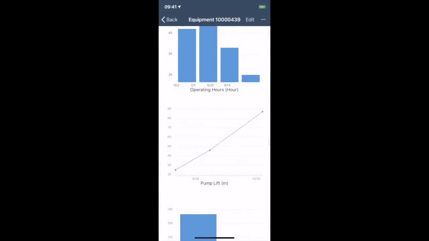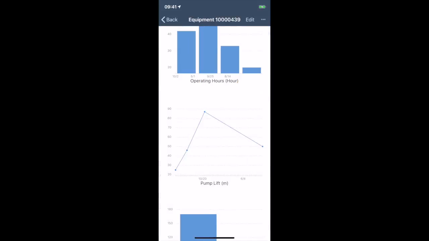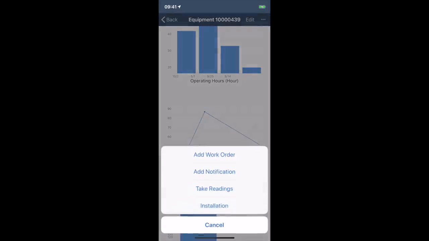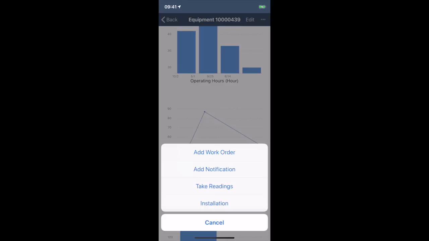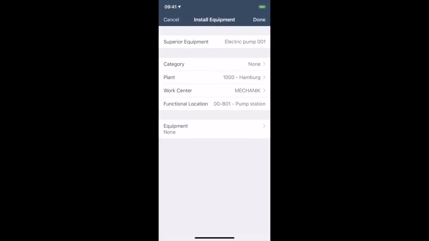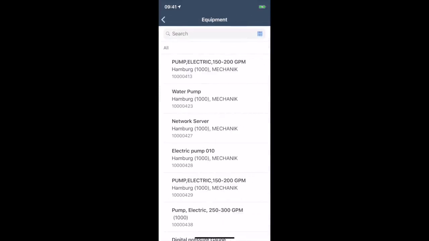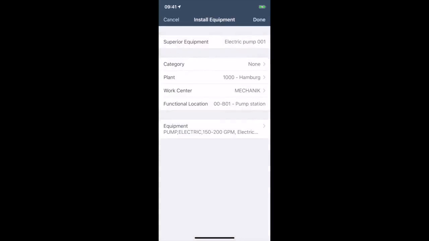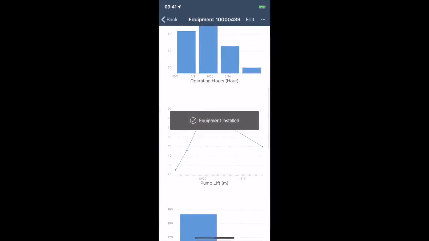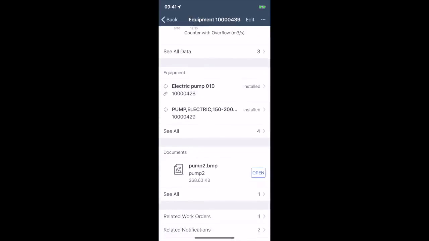Let's navigate back and take a look at the equipment's installation. So right now we have nothing below, but we would like to install further equipment below this equipment. So let's select from the equipment the pump, another pump, and yet 2 additional pumps, let's say. So altogether we are now installing 4 equipments below this equipment. By tapping on done, the equipments will be installed. As you can see on the equipment